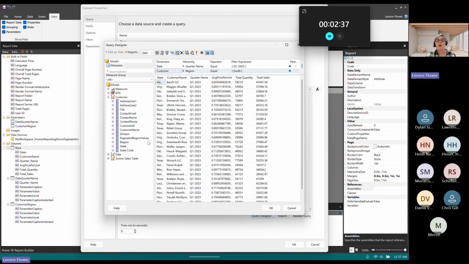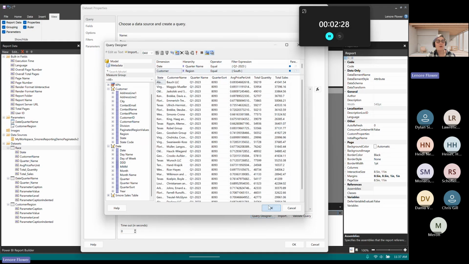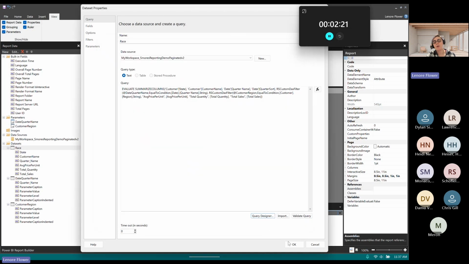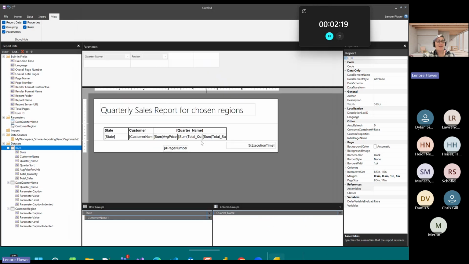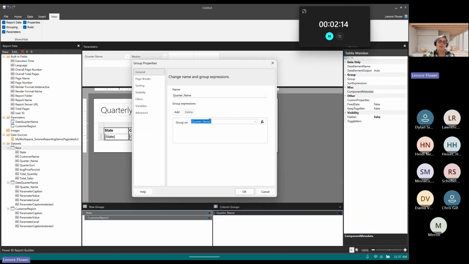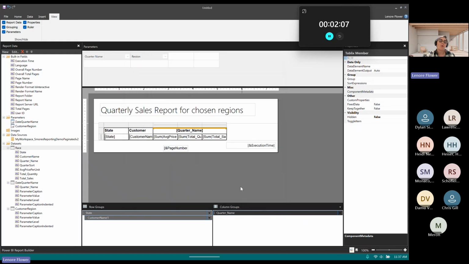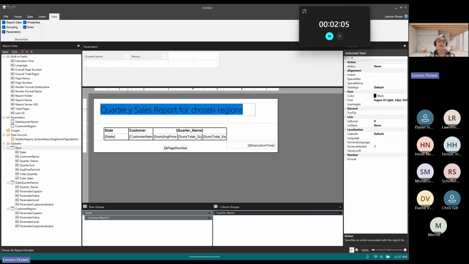You'll see this a lot with months as well, where you just want your information to show up in the right order. To do that, the sort logic that you put into a Power BI semantic model isn't going to carry over. So I'm just grabbing the same quarter sort that I used in my Power BI report. I'm hitting OK. And now that I have that, I can go into the quarter name properties and I can choose sorting and update that to quarter sort, which will keep the quarter name order going correctly based on what I need.